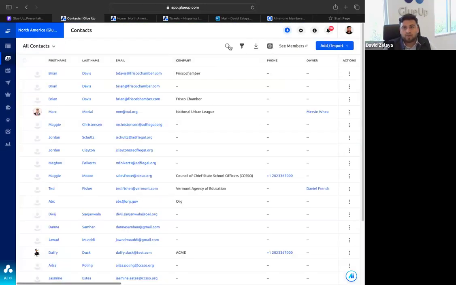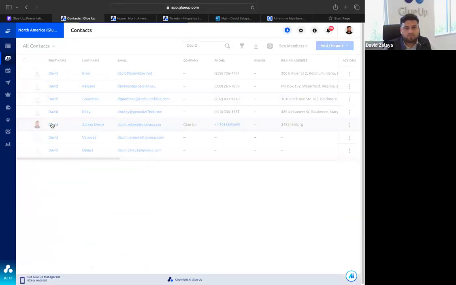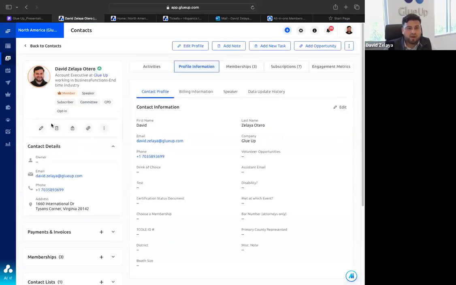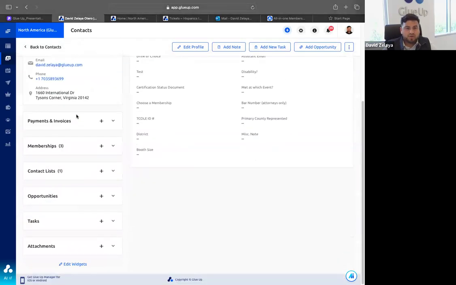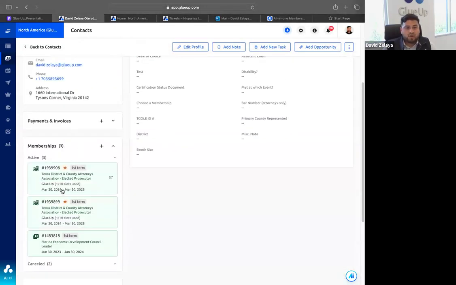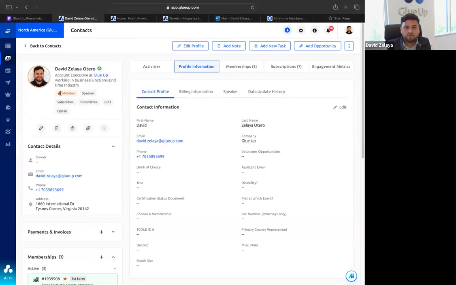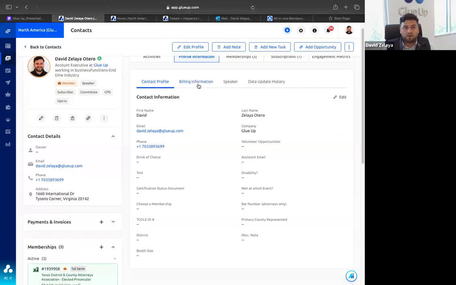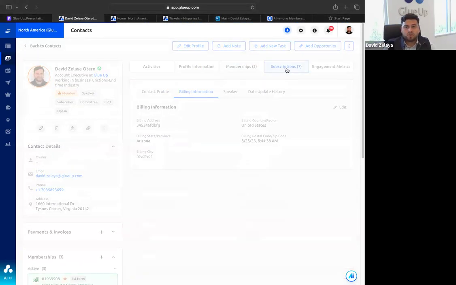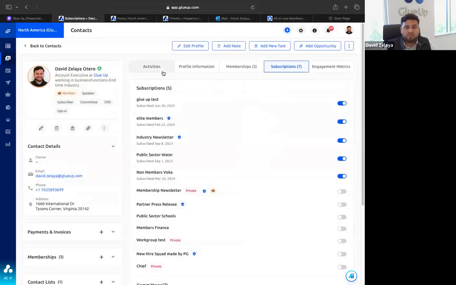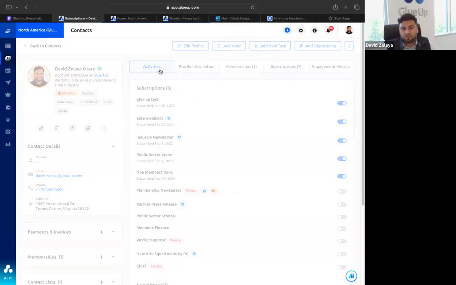Now to go back here, I'm actually going to dive deeper into a profile. So I'm just going to search up my name. This is my profile name in our demo account. So you can see here all of the memberships that I belong to, that I'm active in, all the contact lists that I also belong to, all the information. Of course, if I am an active member, it will give me a crown. You do have your contact profile, billing information, your subscriptions, and then probably my favorite feature of the platform is